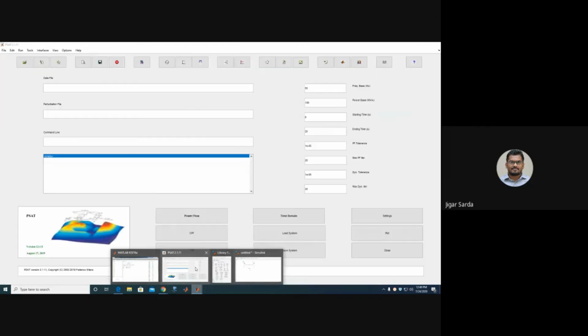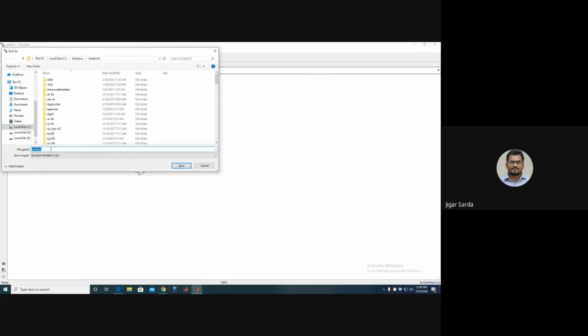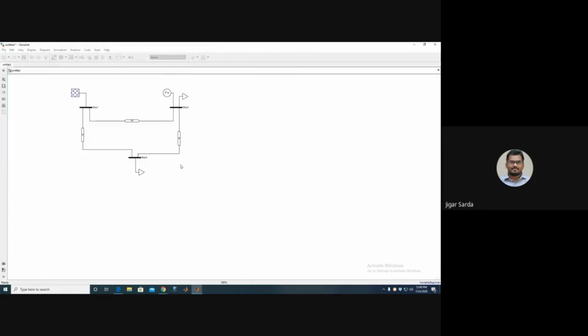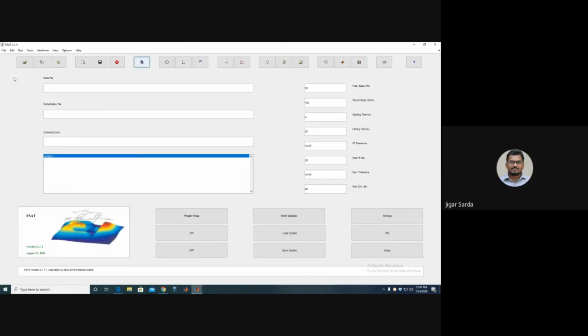Now we can save this system in .mdl extension. For analysis, go to the PSET main window.